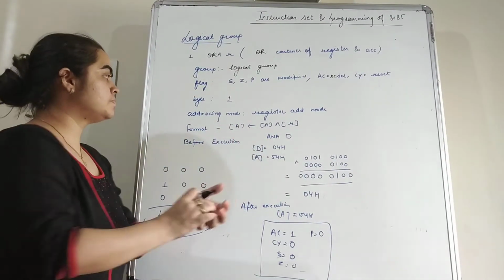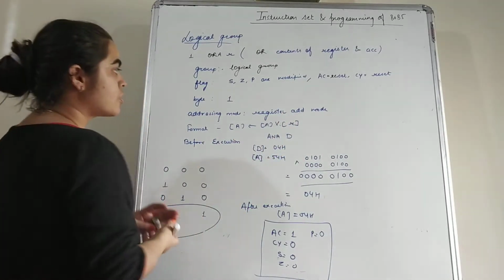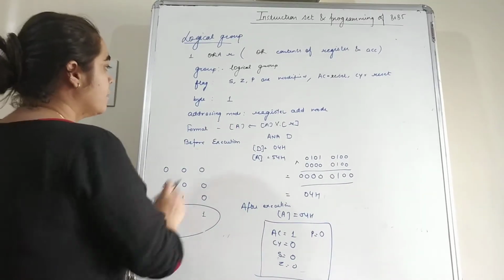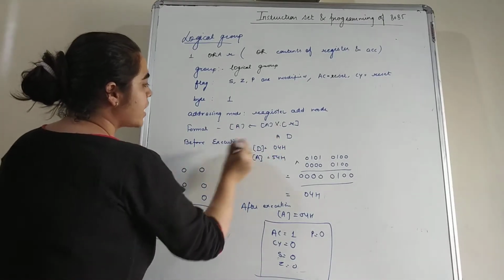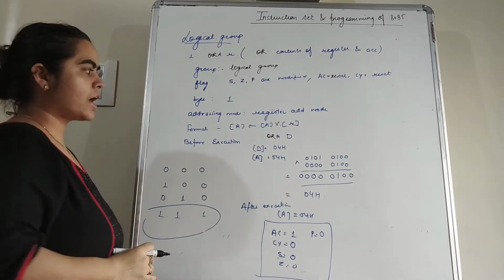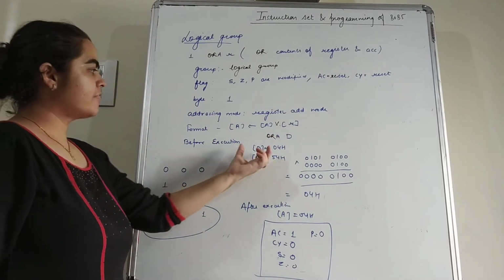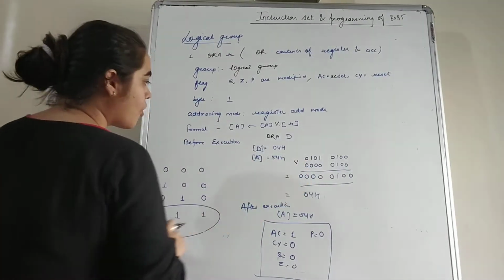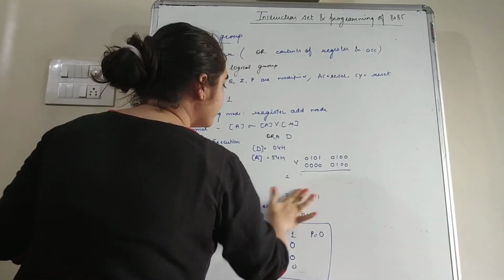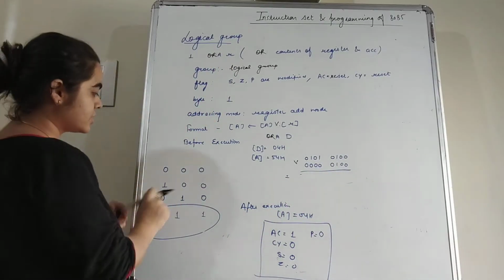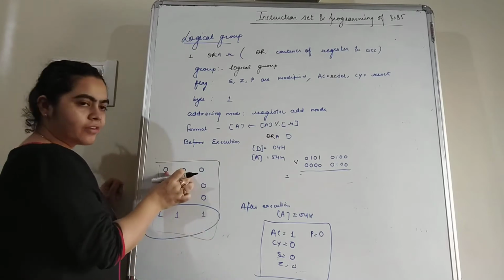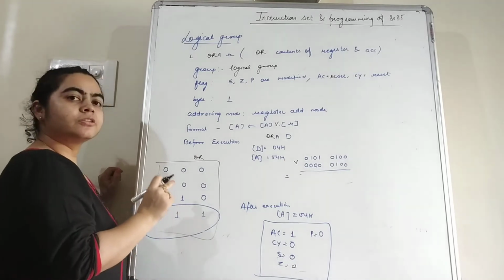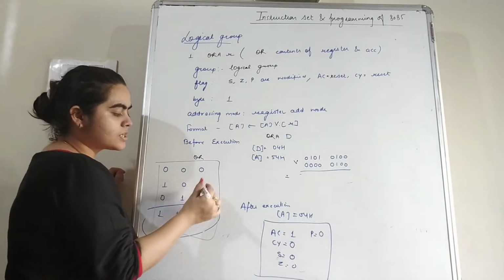The format is again OR the contents of the accumulator with the contents of the register, and the result is stored in A. Before execution, students, suppose we have an instruction ORA D, and the contents we have in D are 04 and in A we have 54. Now we can OR the contents of D and A. Now we can see the result. Before that you have to see this table. If we have both the values 0 and 0, then the result is 0 in case of OR. If any of the input values is 1, then the result is 1.